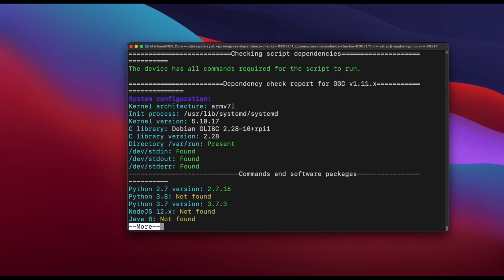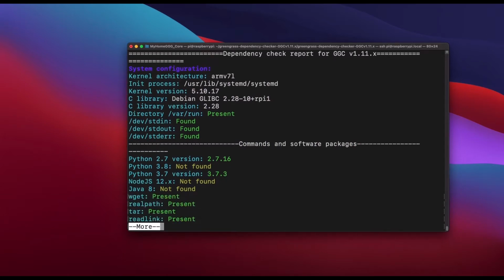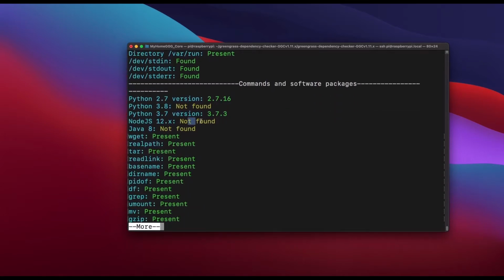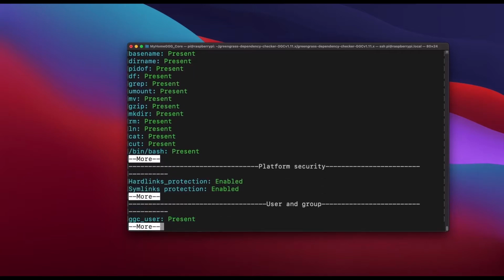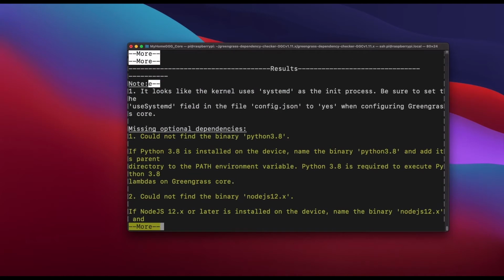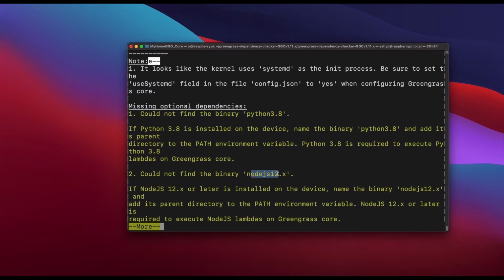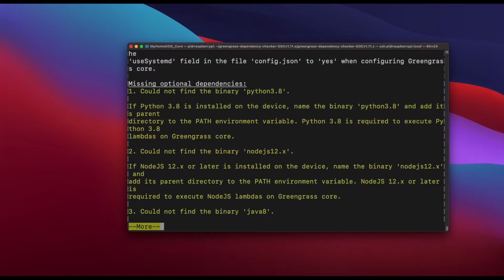So it will install the dependency checker, and then it tells me that Python 3.7 is working and Node.js is not found. Depending on which SDK we are running, we need to have those programming languages. If we want Lambda functions based on Python 3.8, we need that. For me, it's not that big a deal, so I'll leave it. Similarly, Node.js is also not something I'll develop Lambda on or run an environment on in this Raspberry Pi, so I'll leave it.